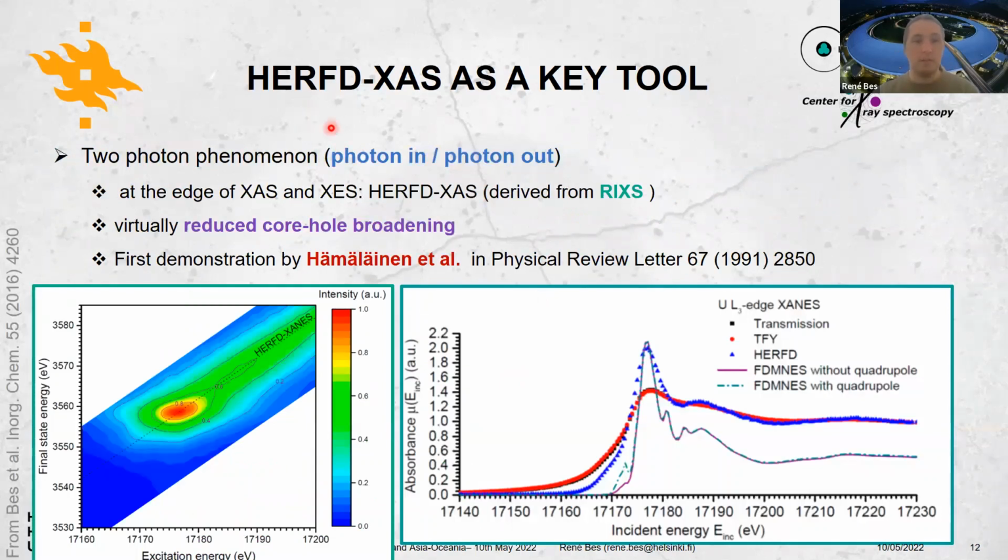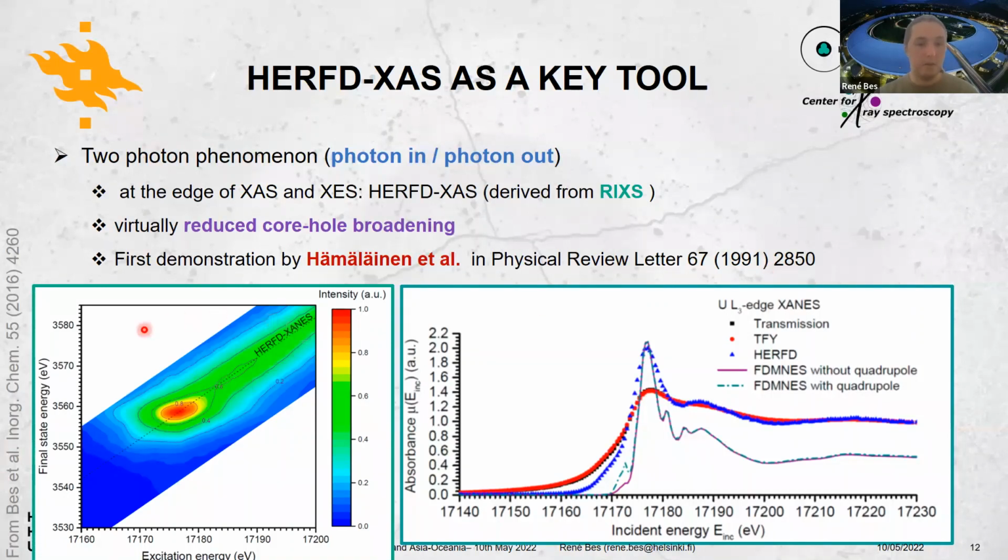When you do that, you are actually no longer in the proper X-ray absorption regime. You are somehow in the photon-in, photon-out, two-photon phenomenon, at the edge between X-ray absorption and X-ray emission, which is related to resonant inelastic X-ray scattering, and it is called HERFD-XAS, where typically you have a virtually reduced core broadening, which was first demonstrated by Hämäläinen in